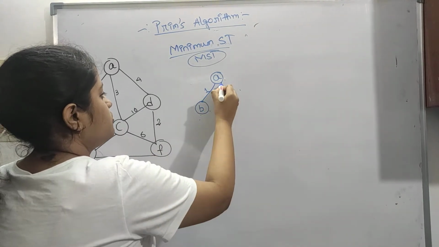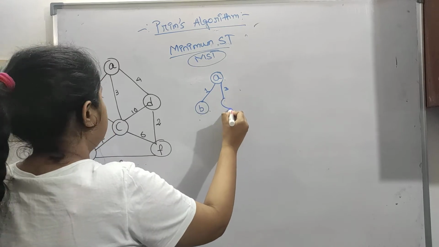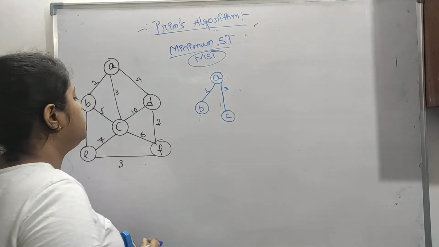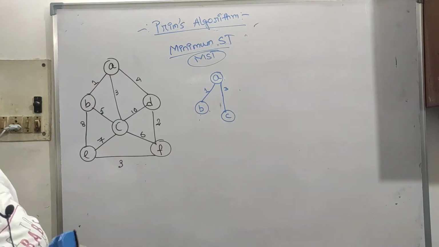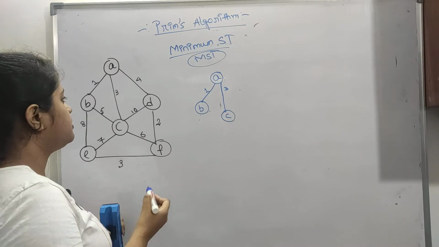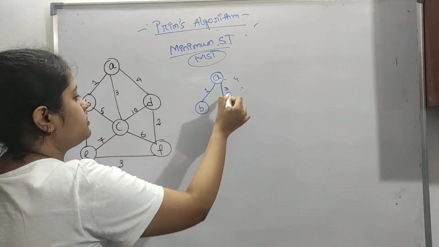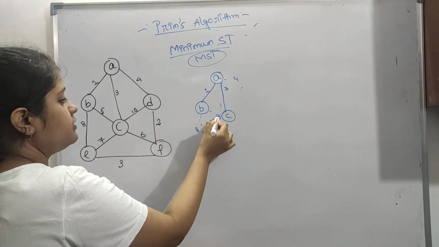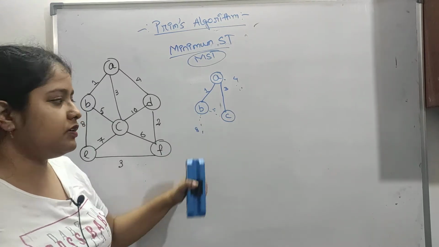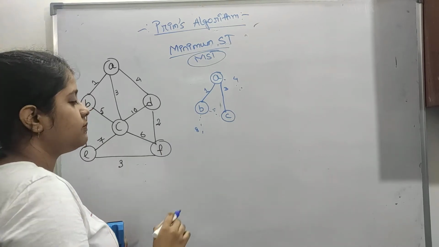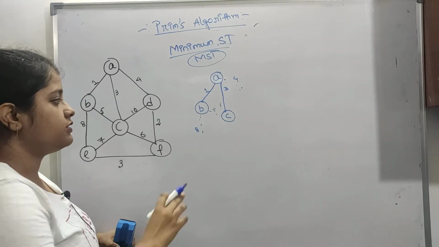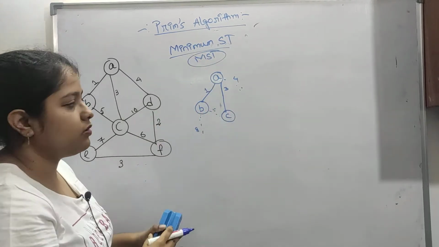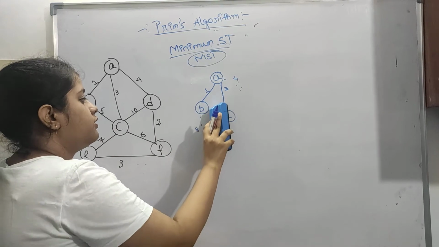So put an edge, write 3, and this is C. So now from this we have to again check which is our least element. So this is 4, this is 8, this is 5, but we cannot take this. Even if it would have been 0 or something, you cannot take this because this is forming a circle. Okay, so this is forming a circle, we can never take this, so abandon this.